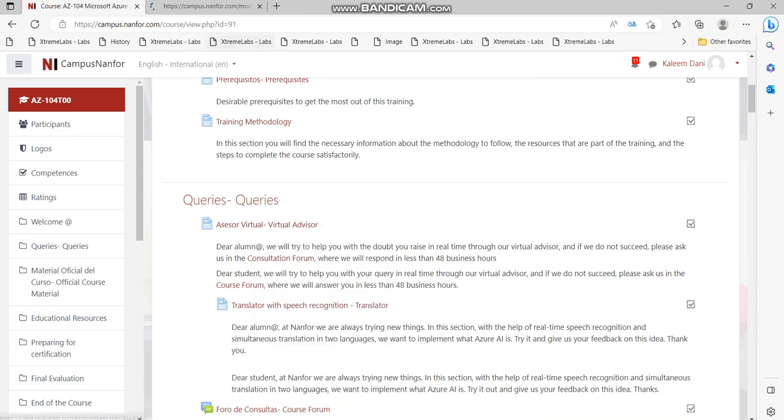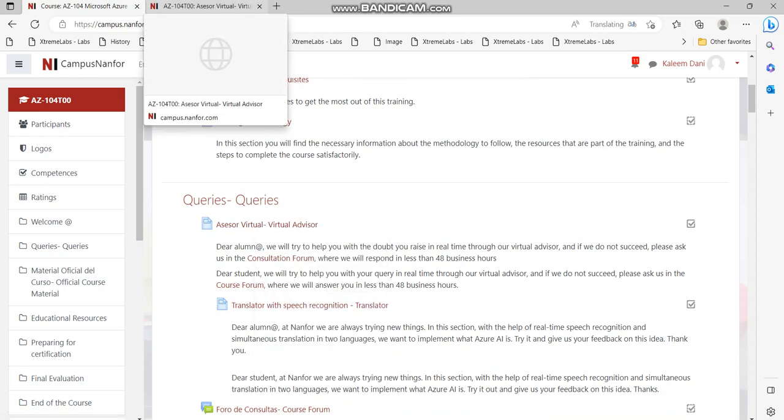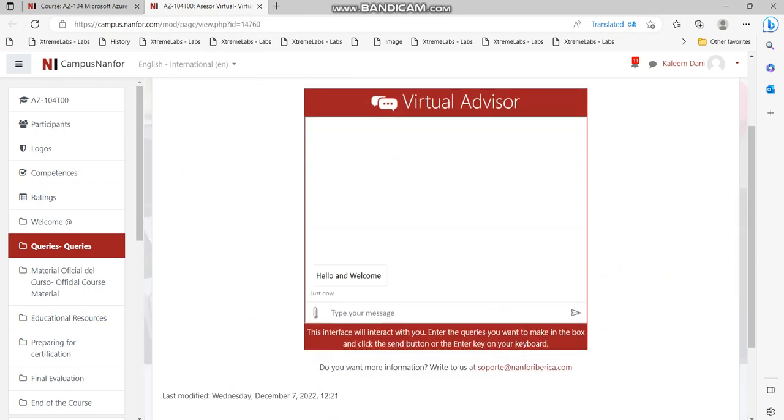Next we go to the queries, which is the virtual advisor. This is a virtual bot we are currently designing, and it is an ongoing process. We continue to fill it up with the different kinds of questions and frequently asked questions by the users to help them with the labs. In this case, I'm just going to ask a simple question: what is a virtual